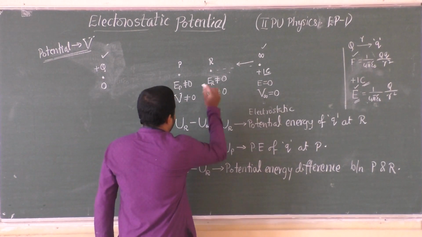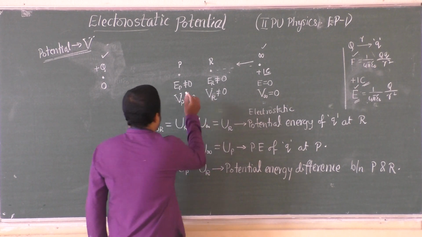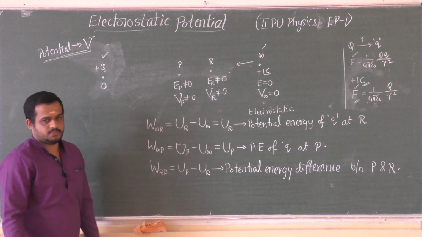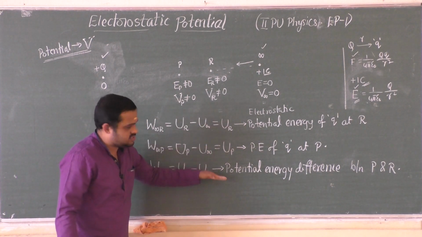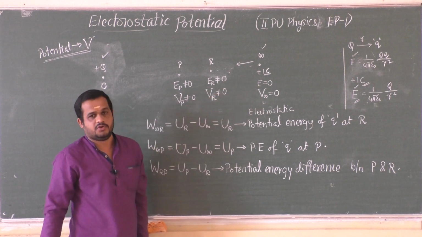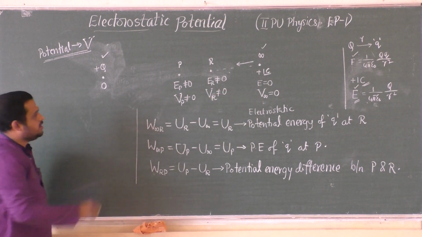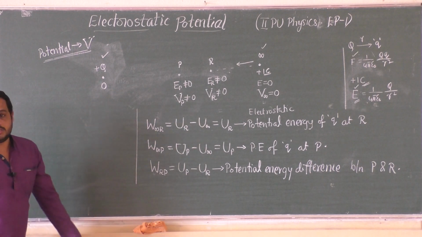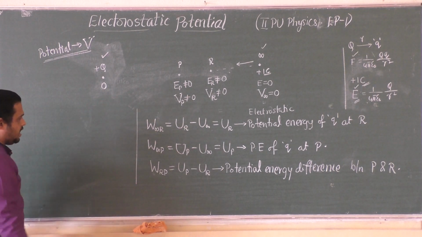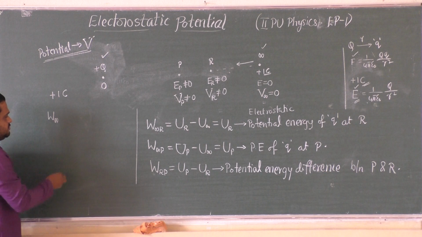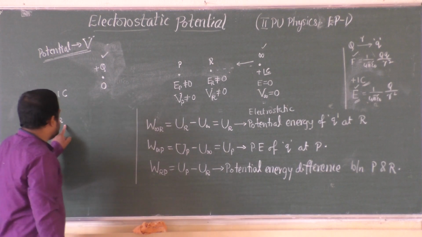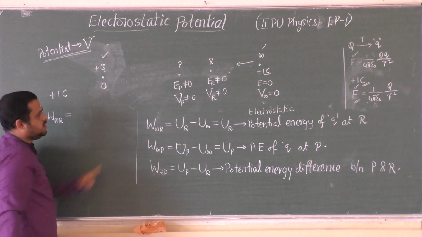Or to avoid confusion, let it be VR and VP only, similar to the previous case. Now let us try to write these conditions in case of unit positive charge. If that unit positive charge is shifted from infinity to point R, then the amount of work done in shifting unit positive charge from infinity to point R is equal to, we know that